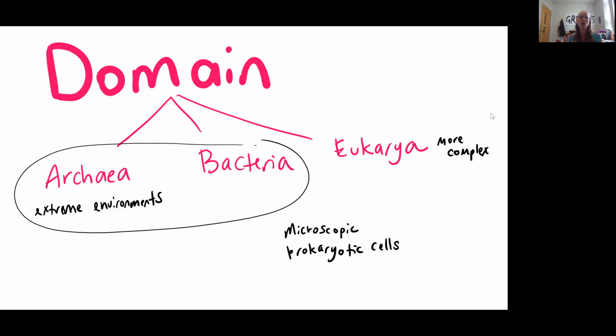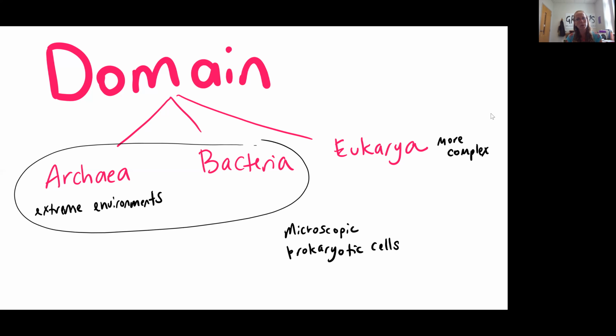Your Bacteria are the prokaryotic cells that you are the most familiar with. I'm sure you've heard before of E. coli, or strep infections, which are caused by a bacterium called Streptococcus. You've heard of maybe staph infections, which are caused by bacteria in the genus Staphylococcus. So you've heard a few of these. You know that bacteria are responsible for a lot of infections in humans and foodborne illnesses and so forth. And so you're somewhat familiar with them in that context.